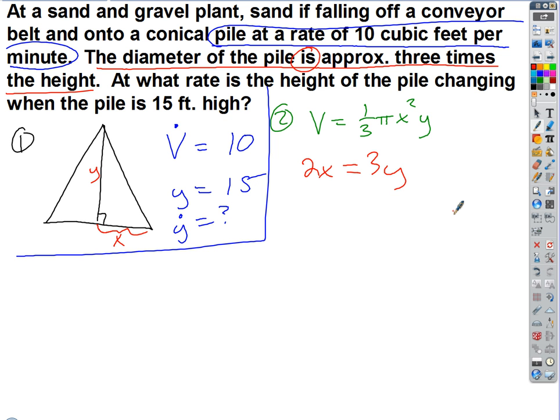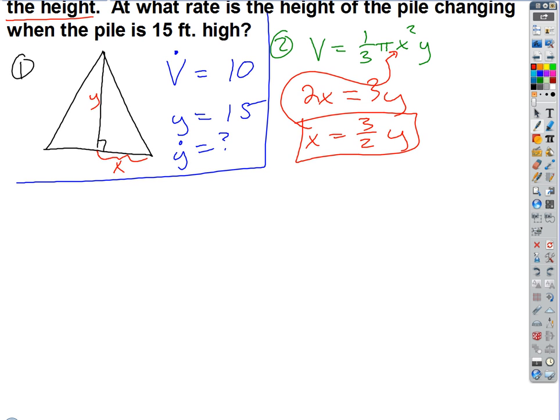3y, right? And which variable do I want to solve for if I want to get rid of the x's? X. You solve for the variable you want to eliminate by substituting, right? So we get x equals 3/2 y. There's our substitution equation. And we'll just substitute right there. So step 2 culminates in the equation